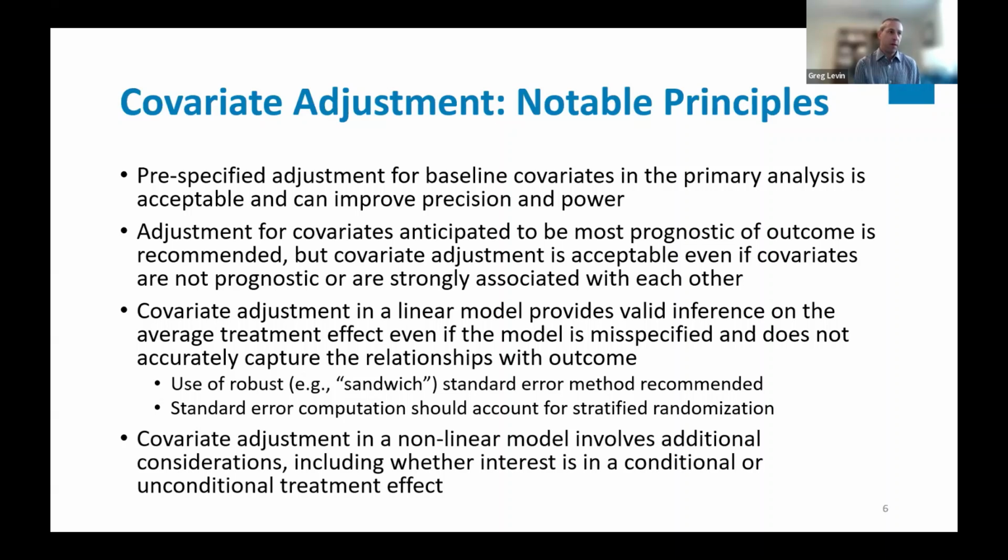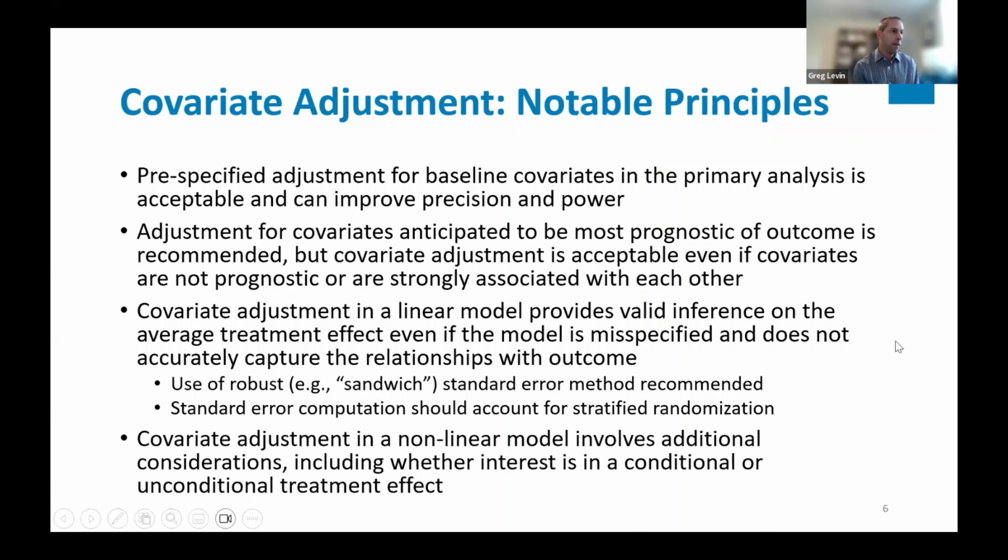Another important principle is that covariate adjustment in a linear model provides valid inference on the average treatment effect, even if the model is misspecified and does not accurately capture the relationships with the outcome. So this is one of the main reasons why we determined and have stated that covariate adjustment is an acceptable approach, because the inference is valid even if the relationship between the covariates and the outcome is not perfectly captured